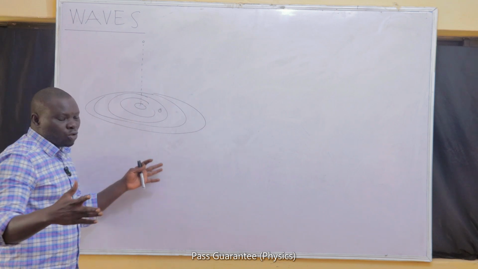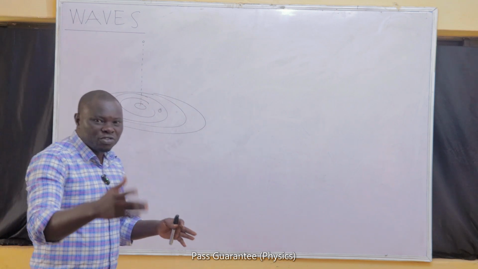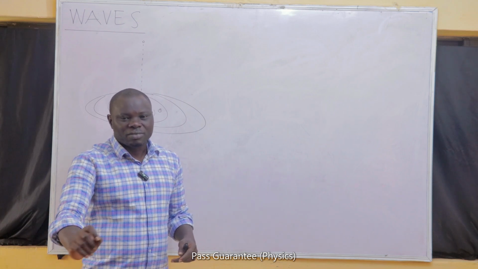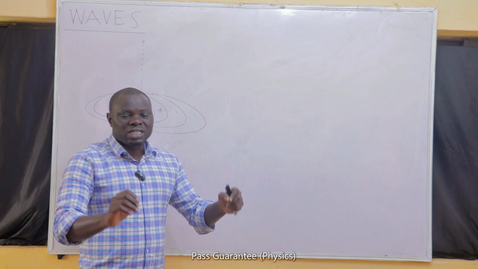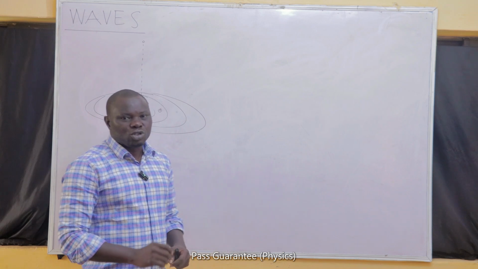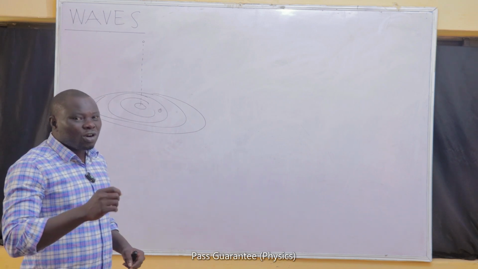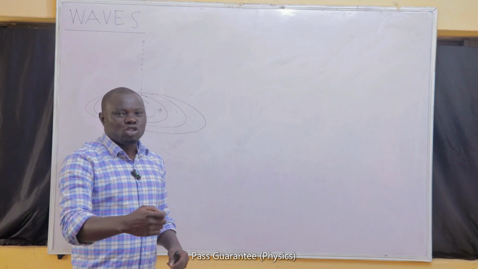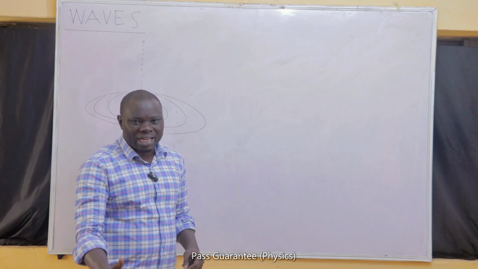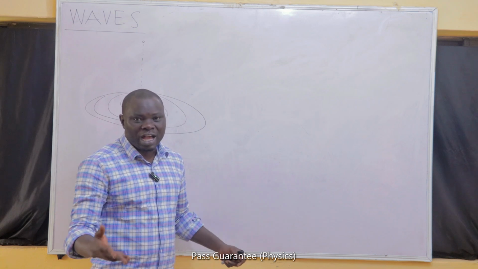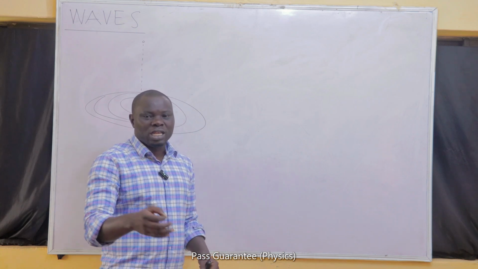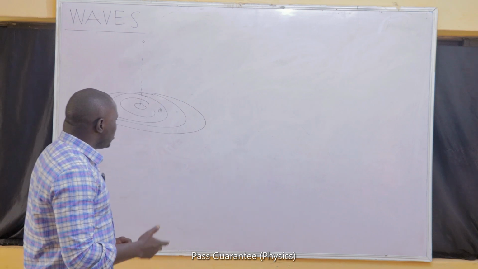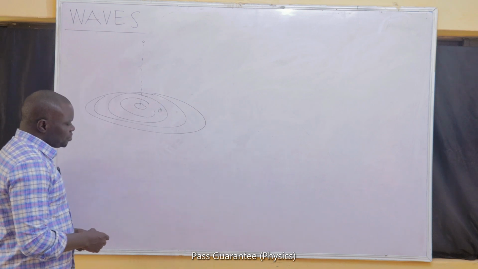While the wave is passing through, you will see those points moving to show that something is happening to them. But when that is over, they all go back to the same position where they were. So, while a wave will displace the particles of the medium, the displacement will not be permanent. It will soon return them, once it's over, back to the same point where they were before the wave was propagated across them. So we say that a wave does not cause any permanent displacement of the medium.